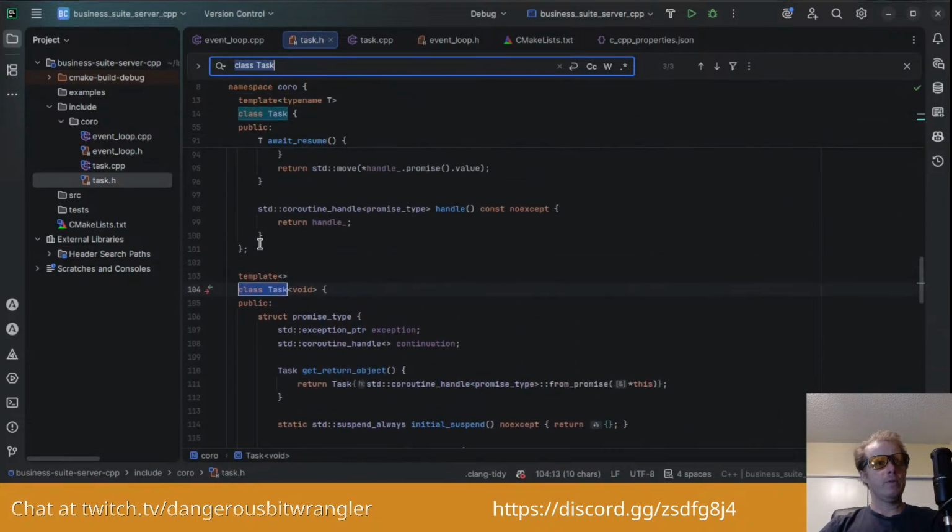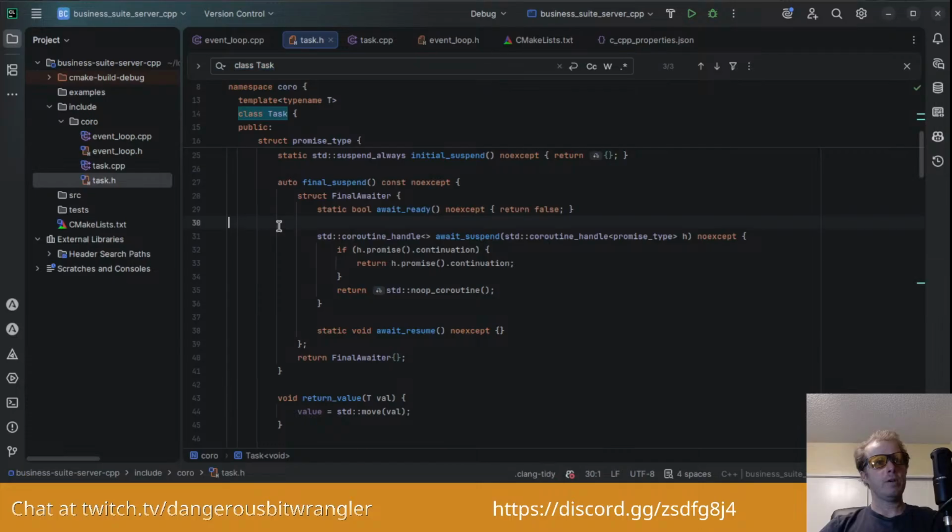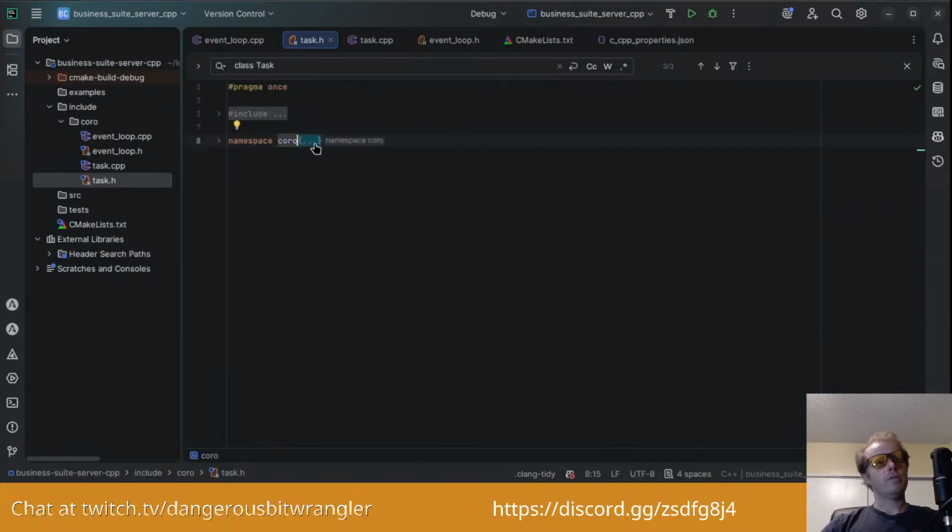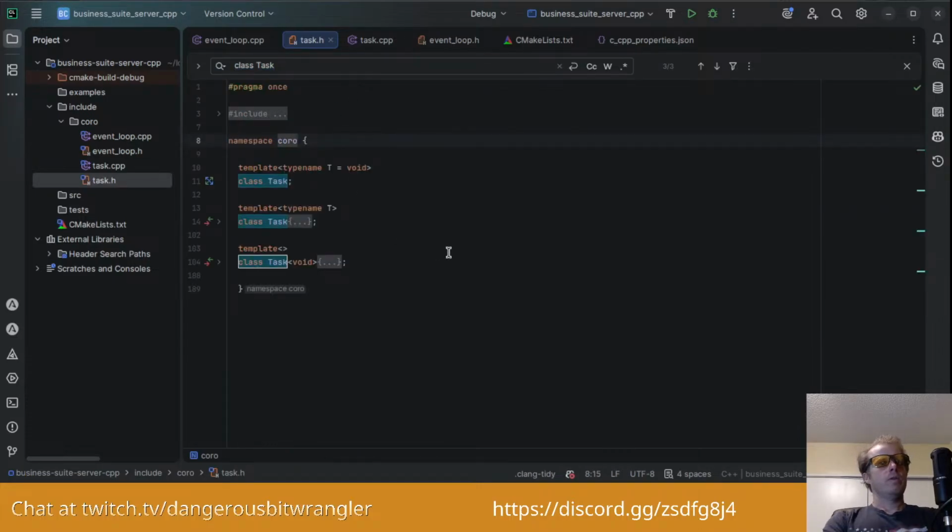I think the confusion for me is that we're actually defining, there we go. Okay, so this is C++. All right, so we've got a template signature for the class task, saying that it defaults to void.